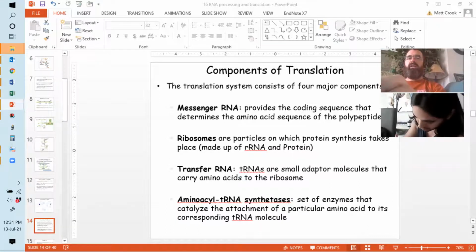and those are tRNA molecules that have a corresponding